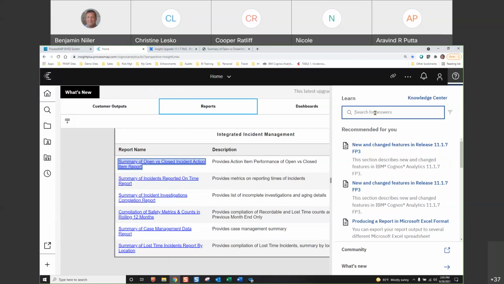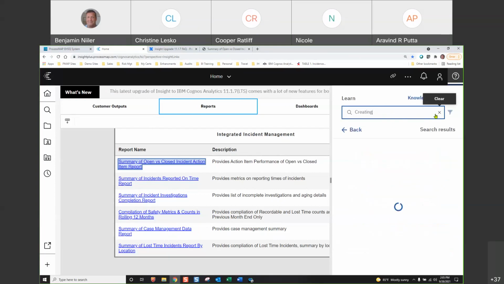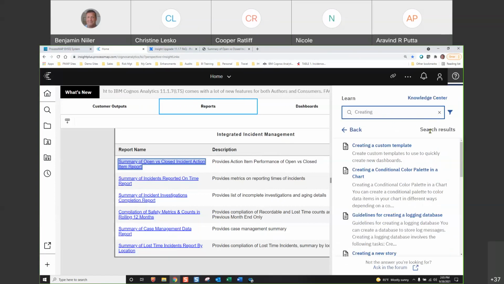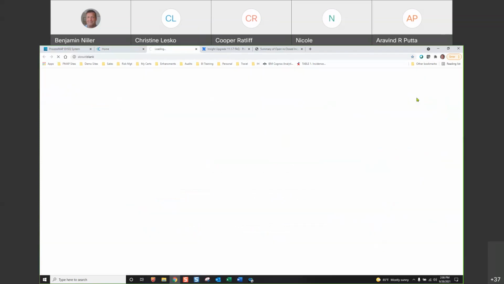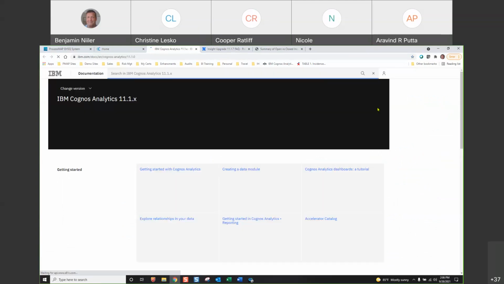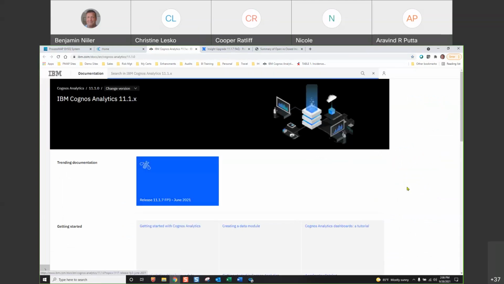search for a certain topic, creating a view, you know, just creating. It'll come up with a list of search results, creating custom templates. Now, these links will take you to the IBM Knowledge Center, where you can just click on Knowledge Center, and it'll open a new browser, and it'll take you into the IBM world of support. So if you're really into this, you want to expand your horizon, you want to make data analytics a career,